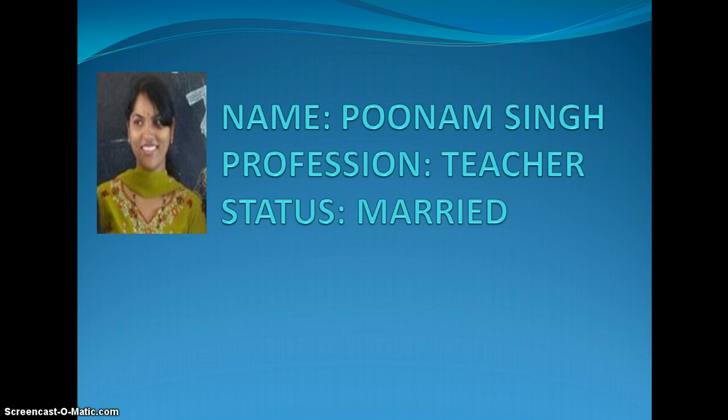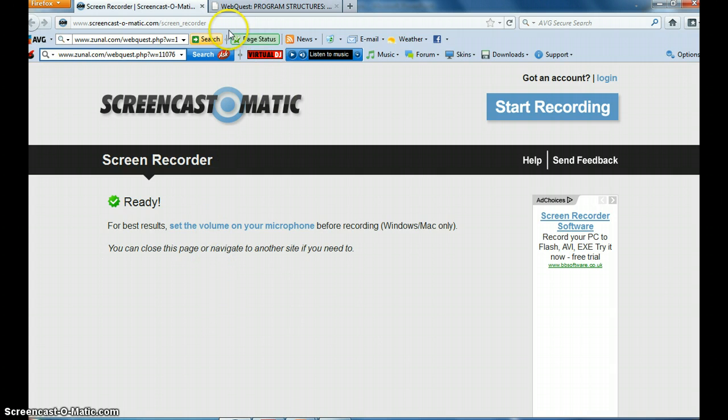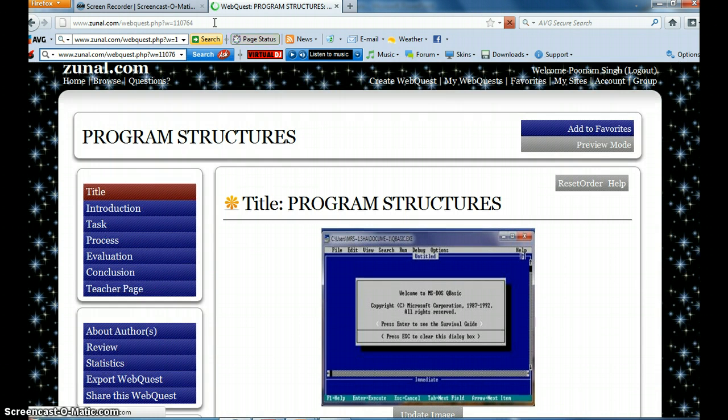Let me take you all to my web quest that is created using Zoonal. If you want to visit my web quest, you have to type www.zoonal.com webquest.php, and my ID is w equal to 110764, and you enter that in the URL section and you will be directed to the title page